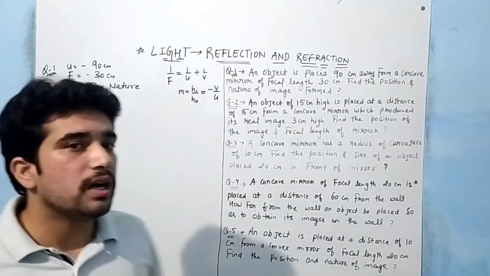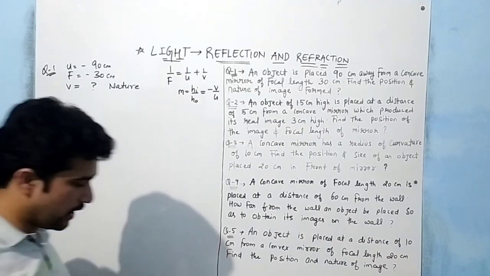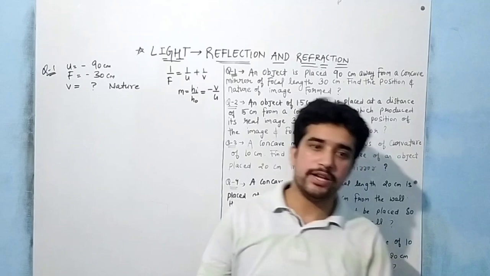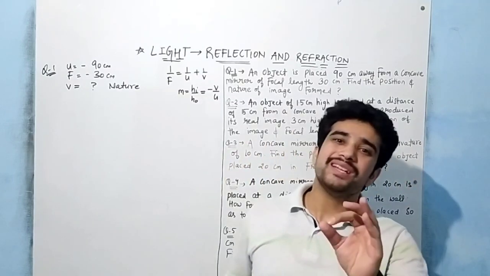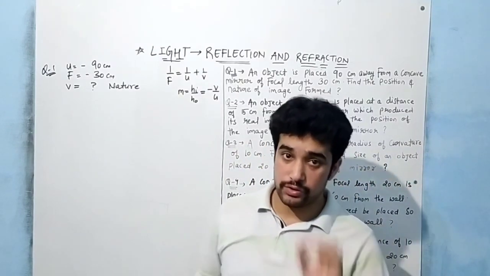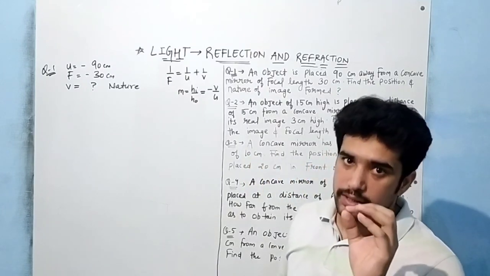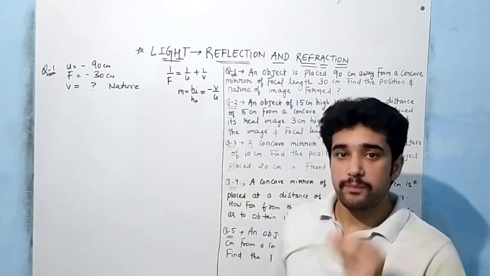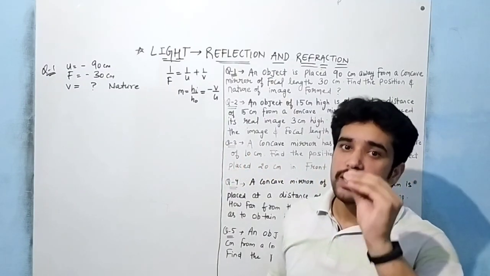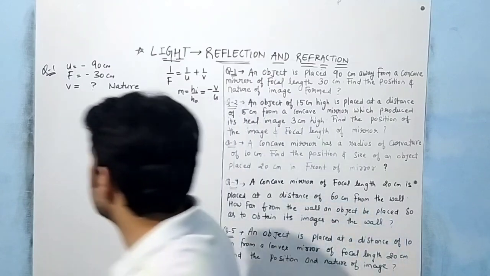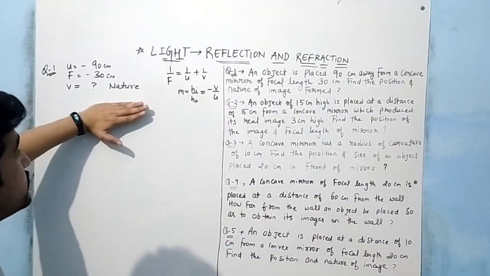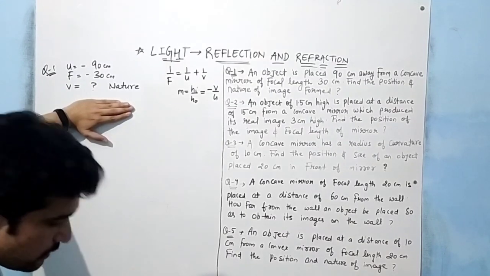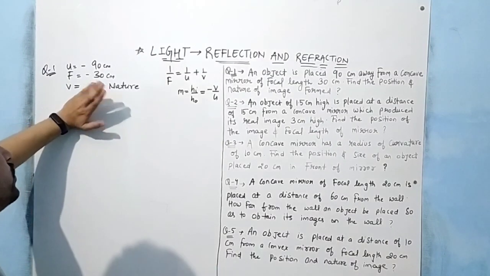So first of all, one thing you have to remember, that is always the thing which you have to calculate in the numerical, don't consider its sign by yourself. Do not consider the sign of that value which you have to find by yourself. It is a personal advice to all of you that you do not have the authority to put the sign of v.